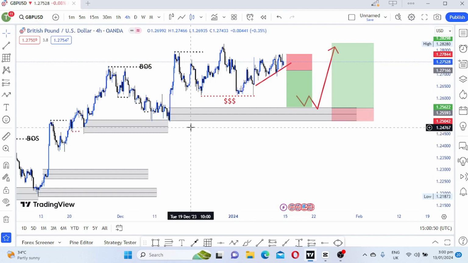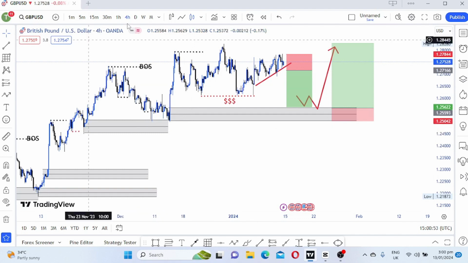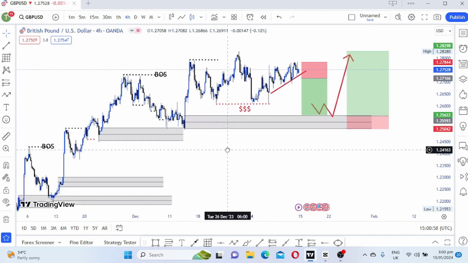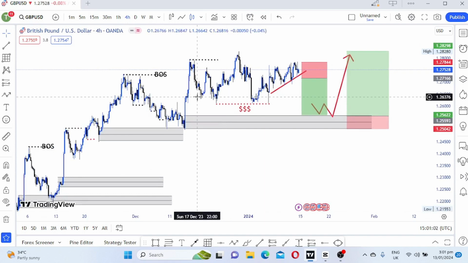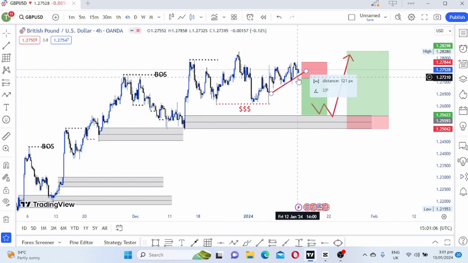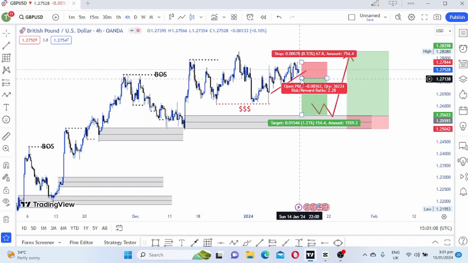Okay, as you can see now, we are on GBP USD, on H4. So I expect GBP USD to sell. This is what I expect. I'm expecting DXY, GBP USD to break out. Once we get a breakout, then I'll enter aggressively as a short-term sell into this demand